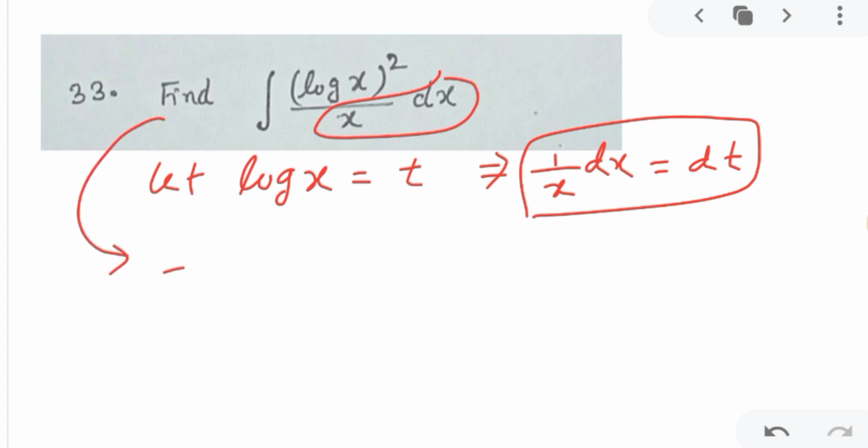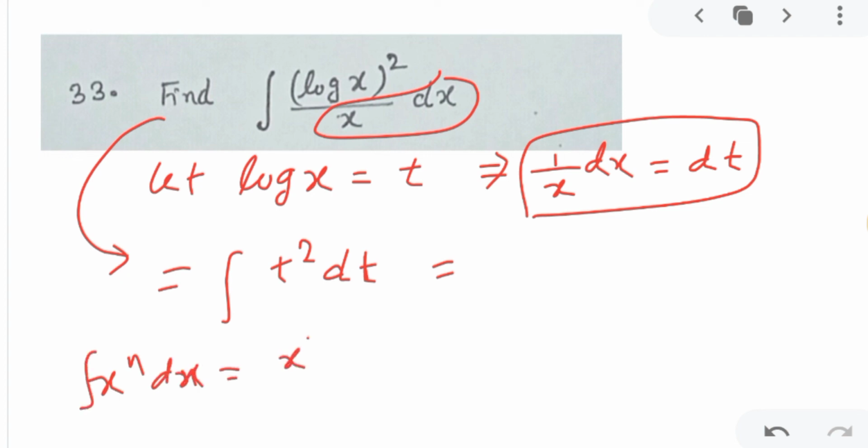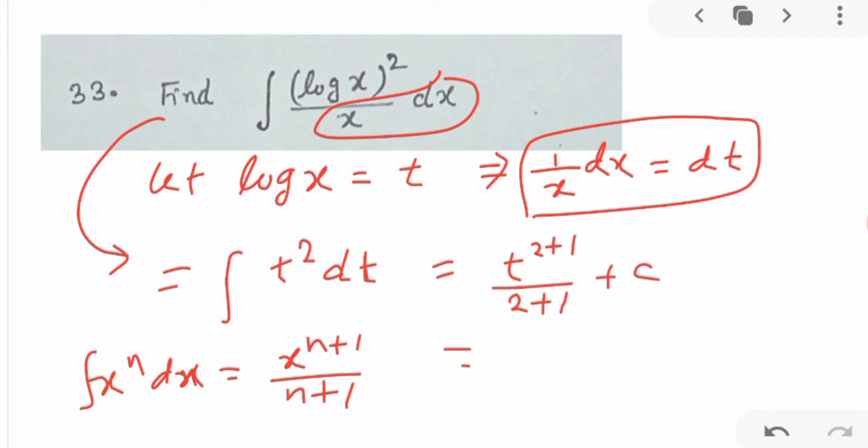So you can write this as log x replaced by t squared, and 1 upon x dx replaced by dt. So this is simple: t squared dt. Using the formula for x to the power n dx, the integration is x to the power n plus 1 divided by n plus 1. So you can write t to the power 2 plus 1 divided by 2 plus 1 plus c, correct? So t cubed divided by 3 plus c. Now just replace the value of t as log x, because t was an intermediate variable. So the final answer will be